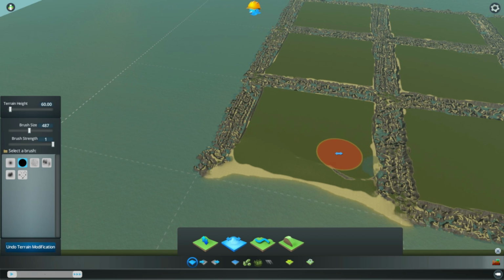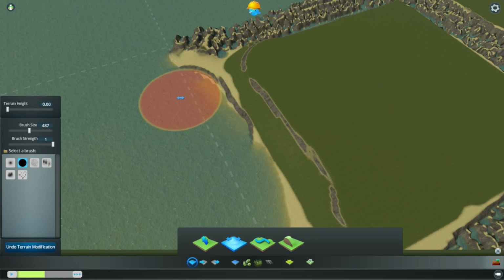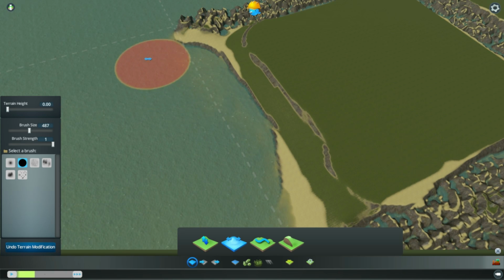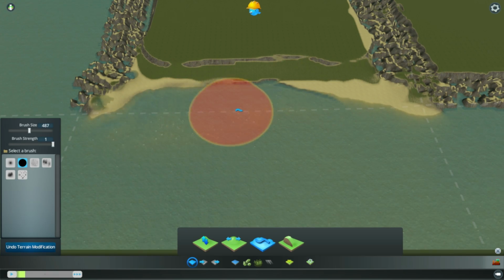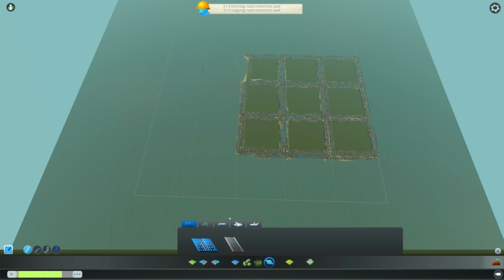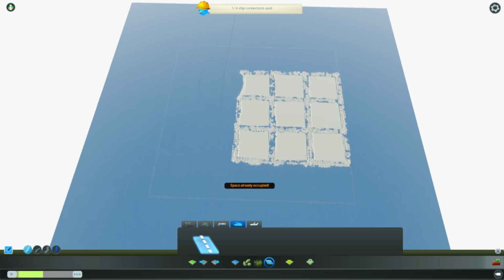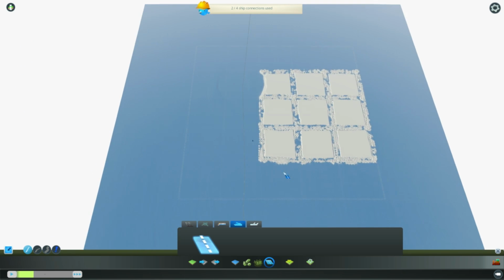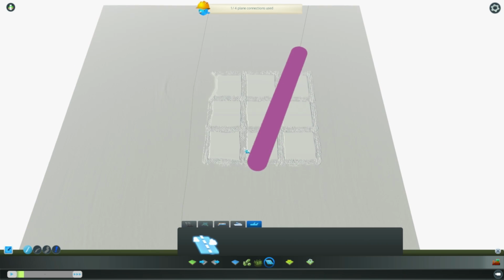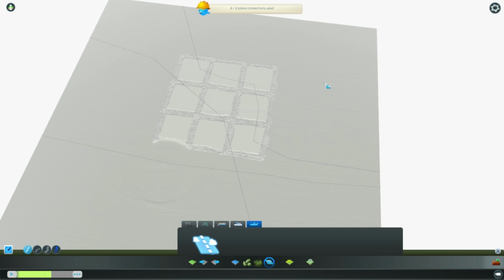Okay. So I think you can fit a harbor down here. There we go. Alright, and then it'll need a shipping route. Let's go get the ship and put the shipping route right there. And the plane routes, go ahead and add those. Whee! So planes coming through,